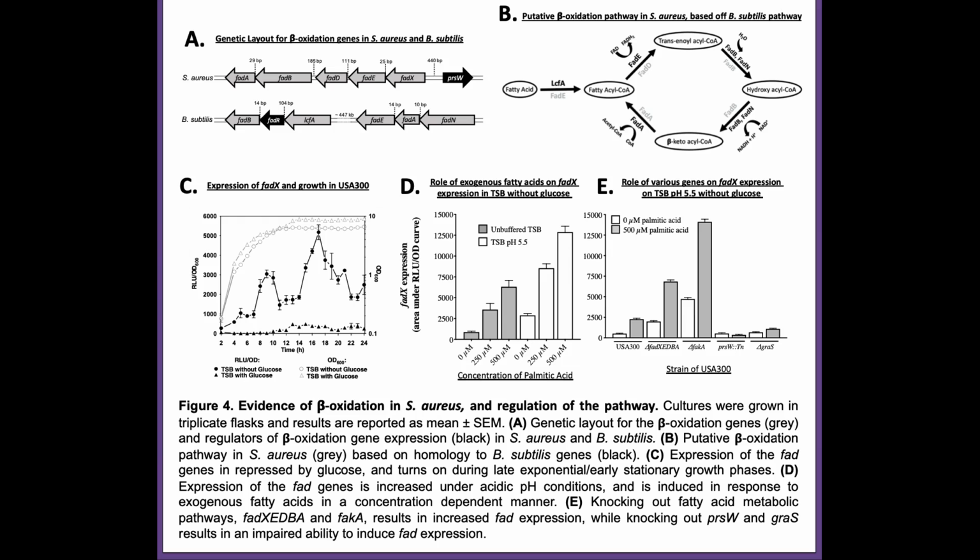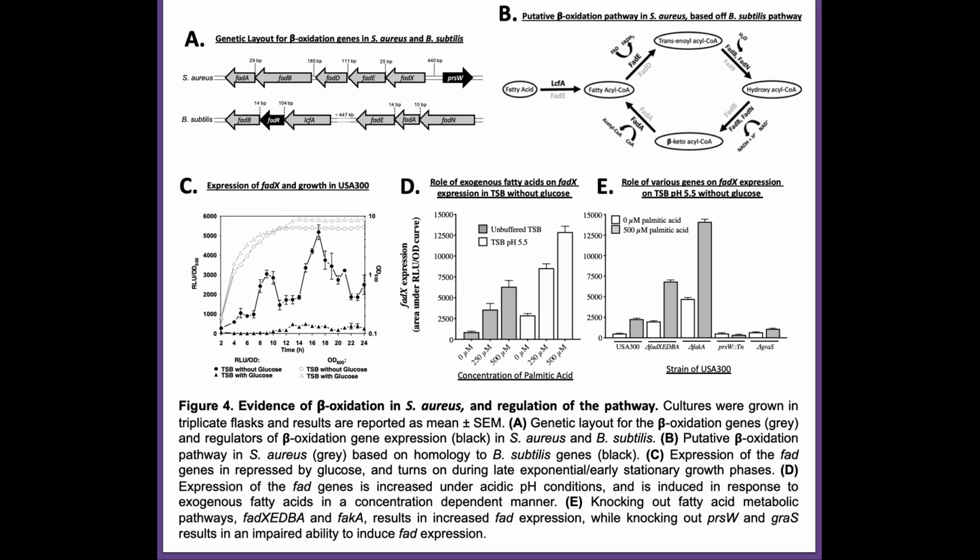Now that we've shown Staphylococcus aureus can become incredibly resistant to toxic host-derived fatty acids due to this GraS system, we next queried whether the bacteria could actually use these fatty acids as an energy source. In a lot of other bacteria, such as Bacillus subtilis, beta oxidation is another way to get energy from fatty acids. While beta oxidation was not known to occur in Staph aureus, in Figure 4a and b, you can see